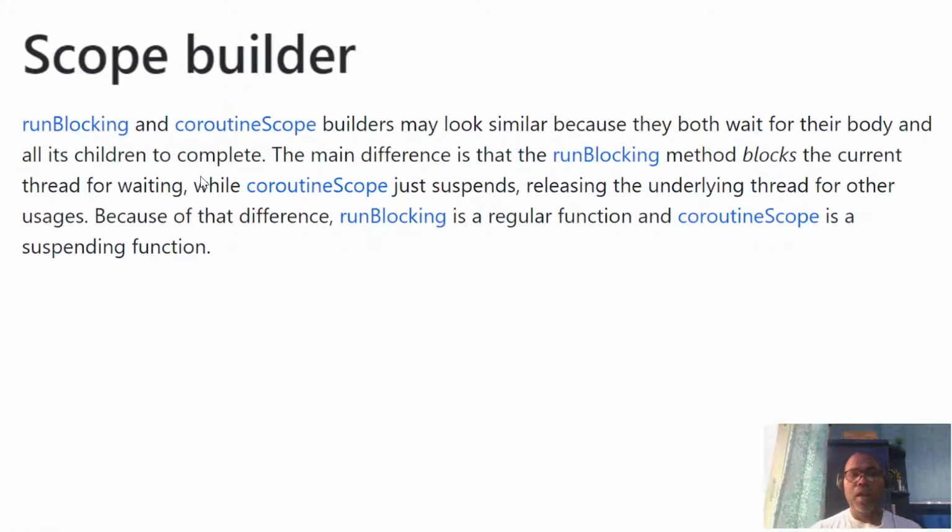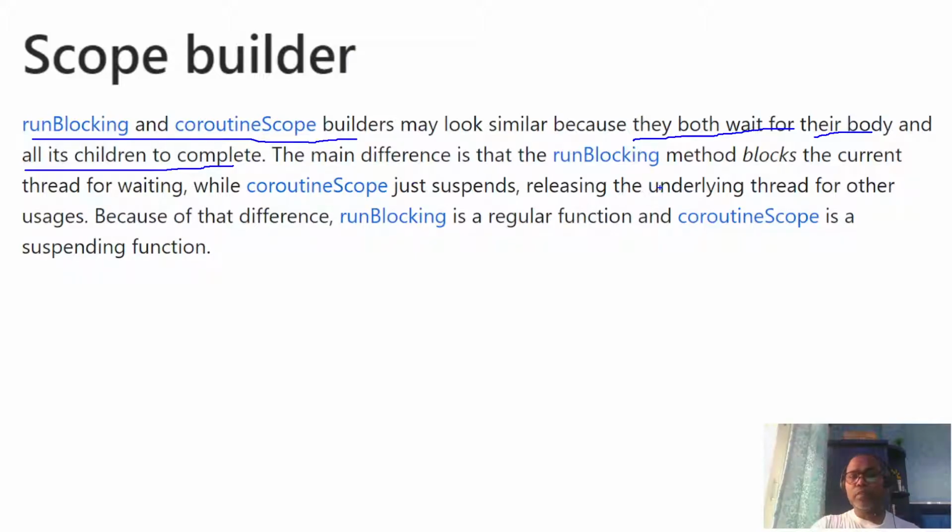Okay, as we discussed the coroutine scope, a runBlocking and a coroutineScope builder may look similar because both wait for their body and all its children to complete.